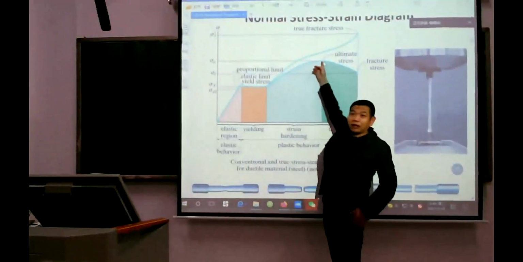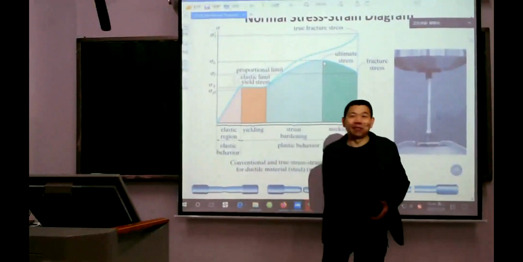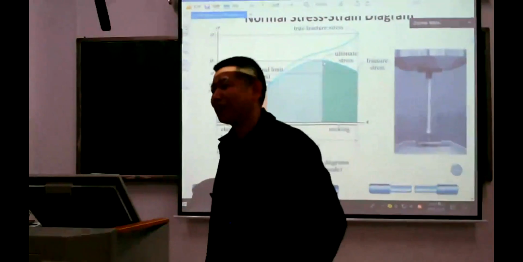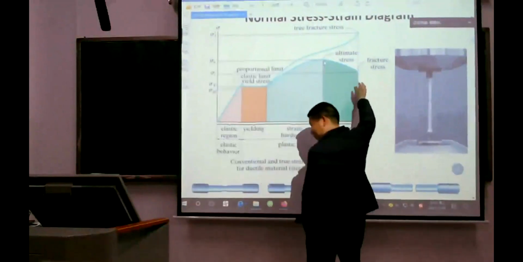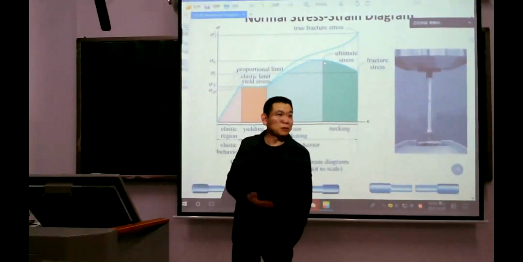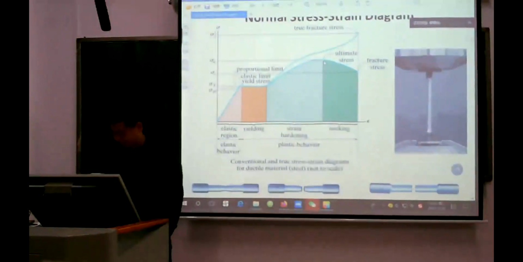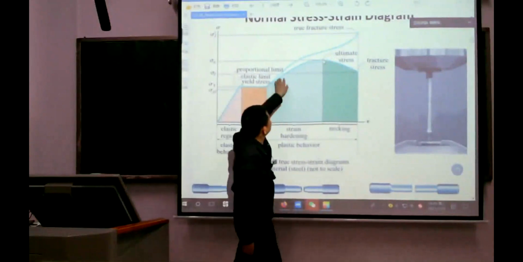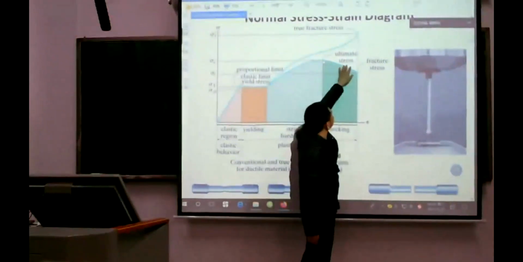But at what point? One of you will die. It means fracture. This peak is the ultimate stress. After the curve passes the ultimate stress,